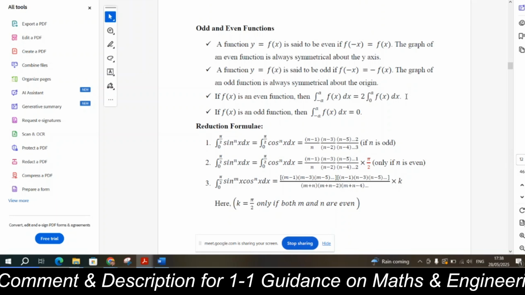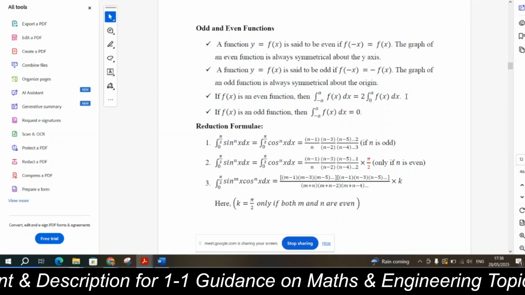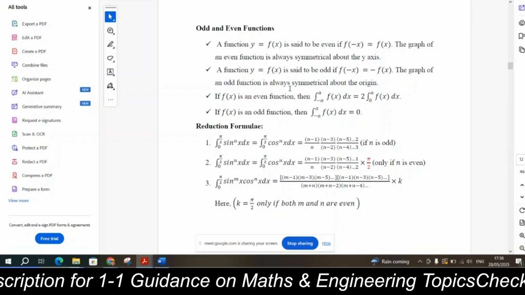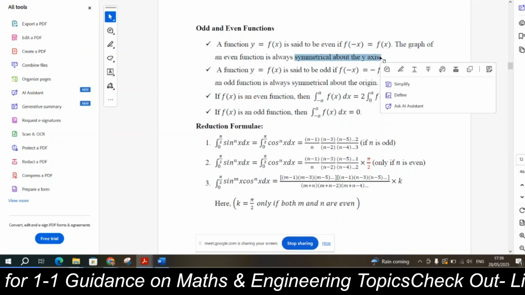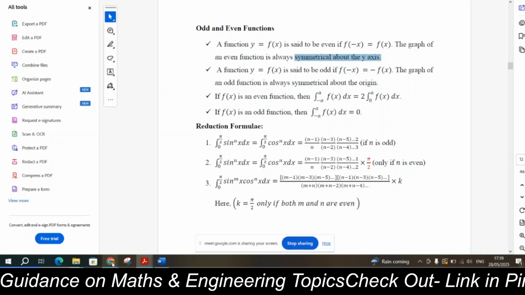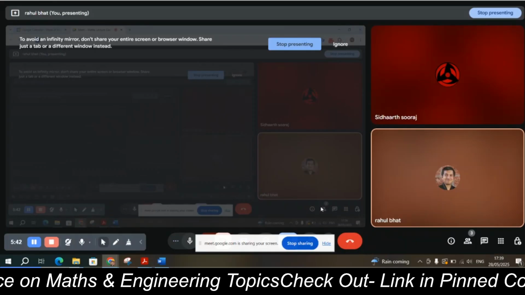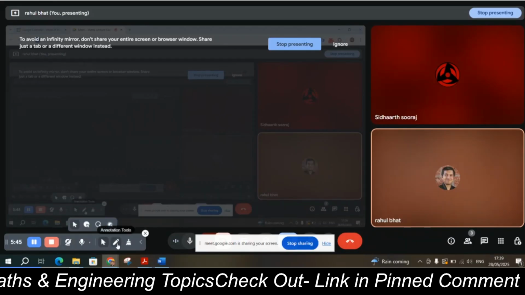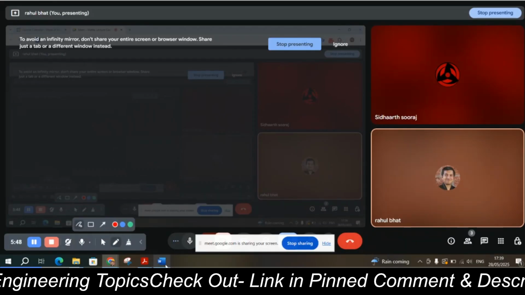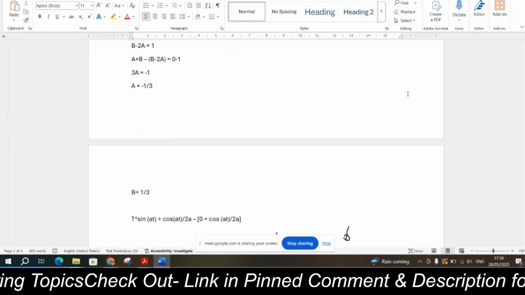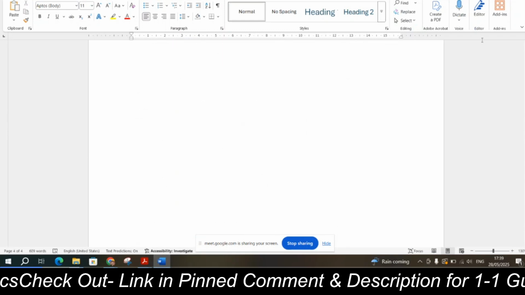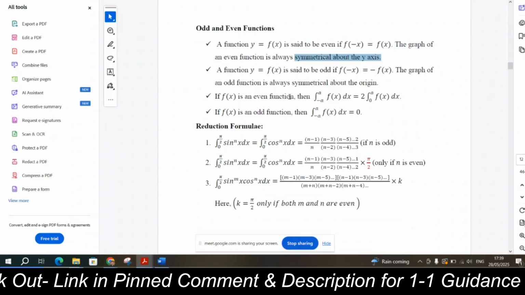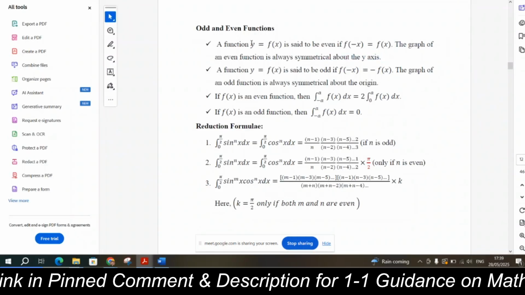An even function is something which will be symmetrical about the y-axis, as it is mentioned over here. Symmetrical about the y-axis. I'm not sure if this works. Let's see. It can be symmetric about x also, right? If you're looking at an even function,